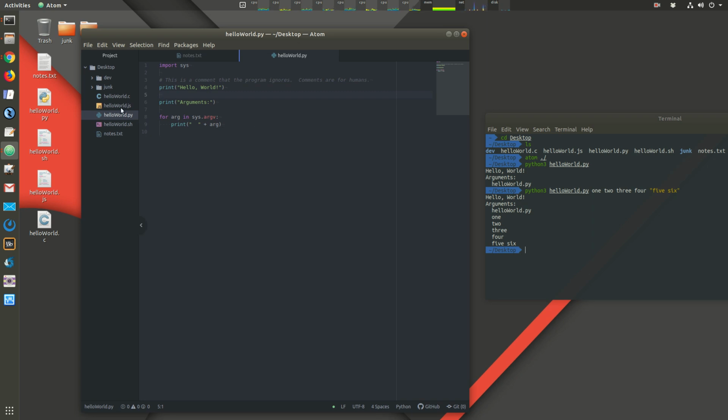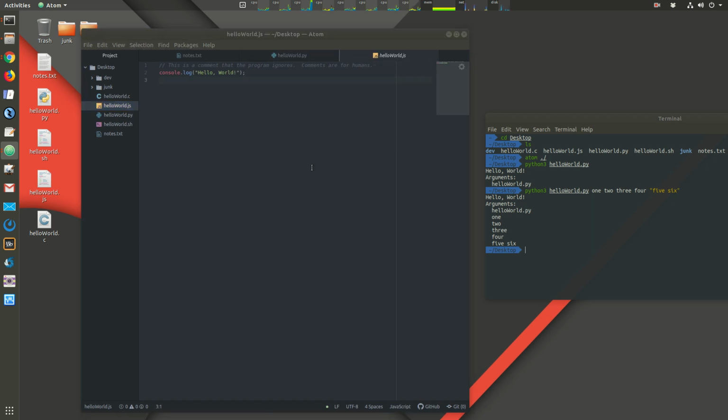Now I'm going to go over the other programming languages a little bit more quickly because we are focusing on Python, but I do want you to see how you do it in other languages. Okay, so this is hello world in JavaScript. Okay, so to print something to standard out, we use console.log. It automatically prints a new line every time you use console.log. And I can say